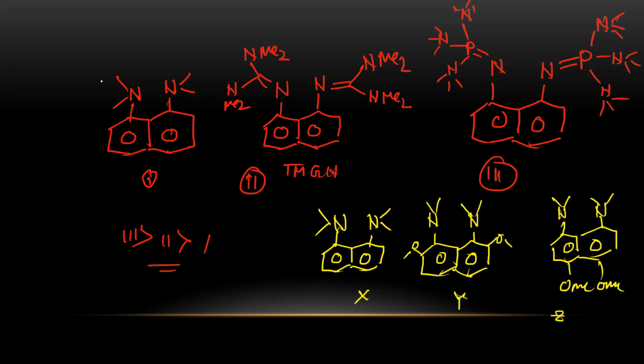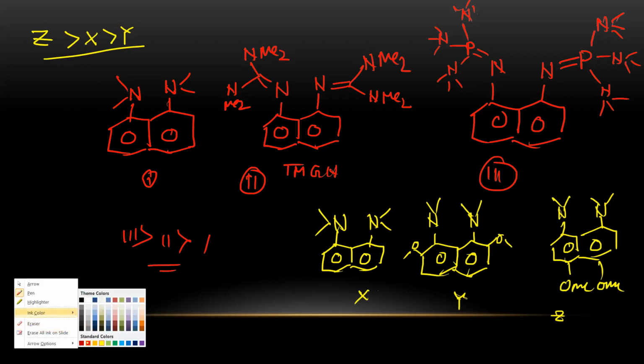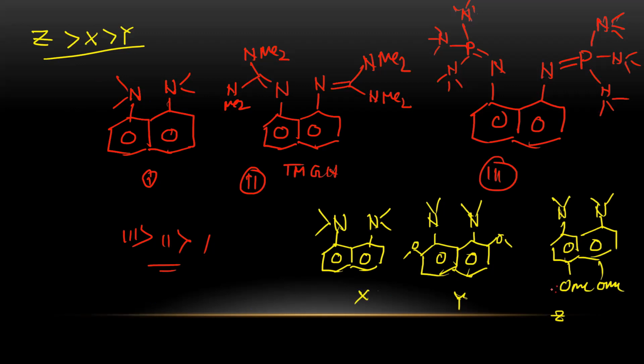Here the answer will be Z greater than X greater than Y. Why? Let's see. In Z, what will happen? This OMe will show resonance, and with that resonance, the nitrogen center will have negative charge. So the lone pair will have more repulsion. Okay, this negative charge,